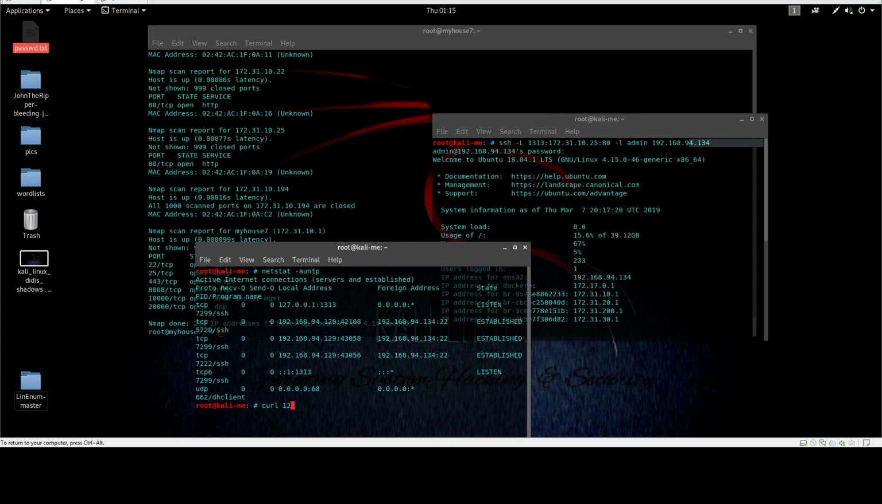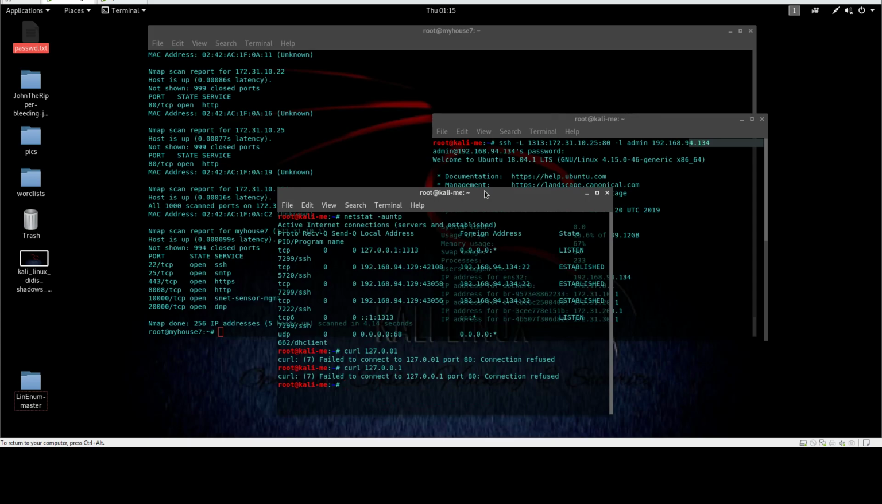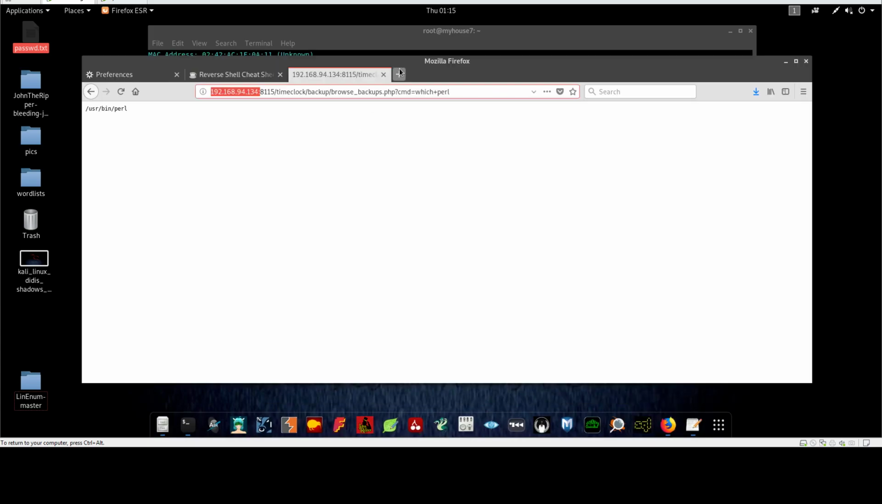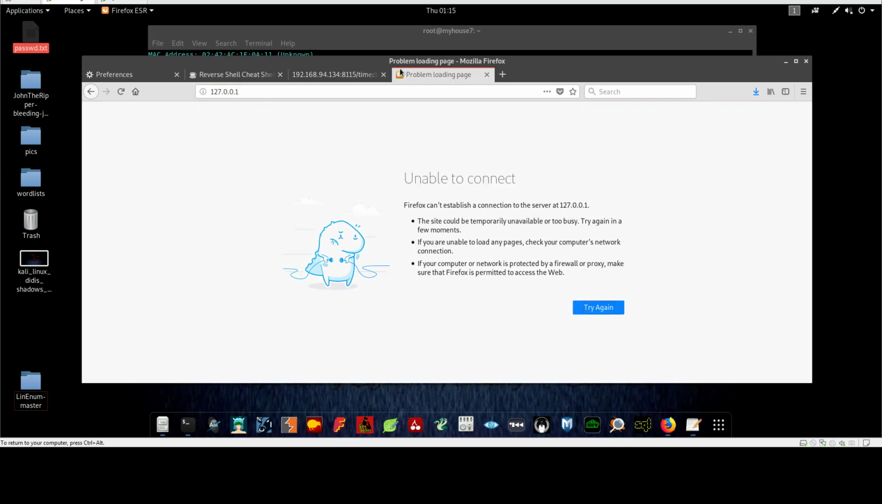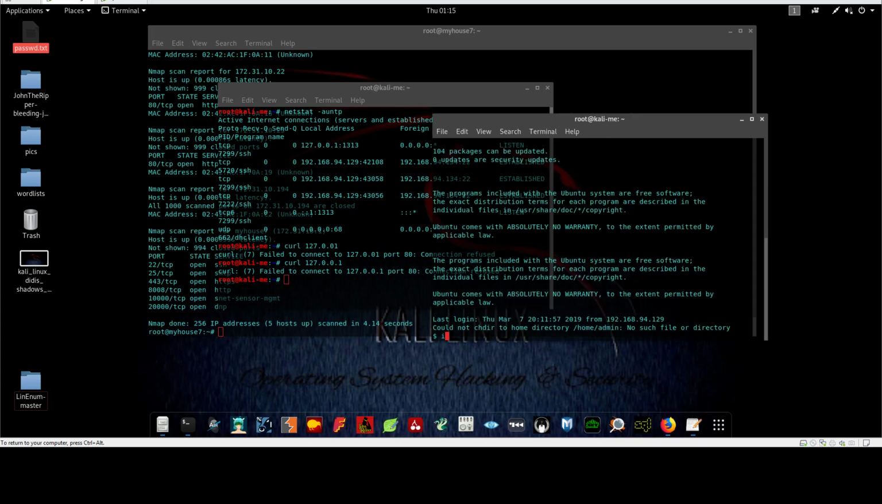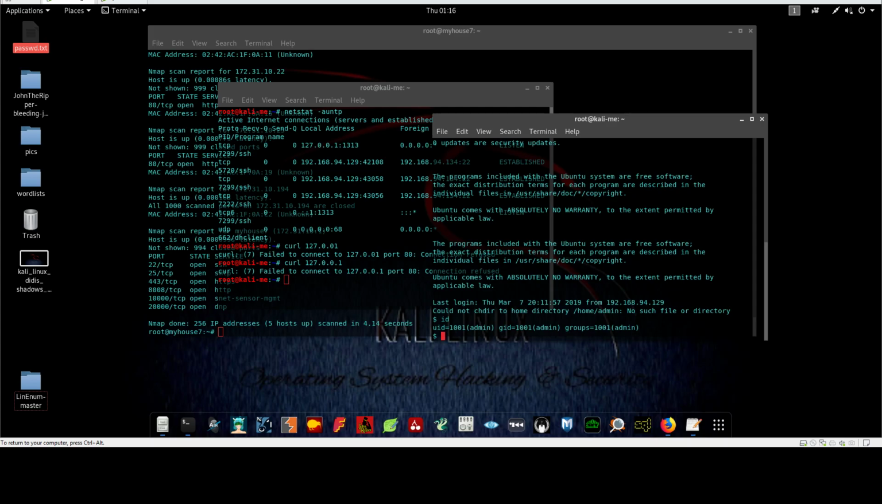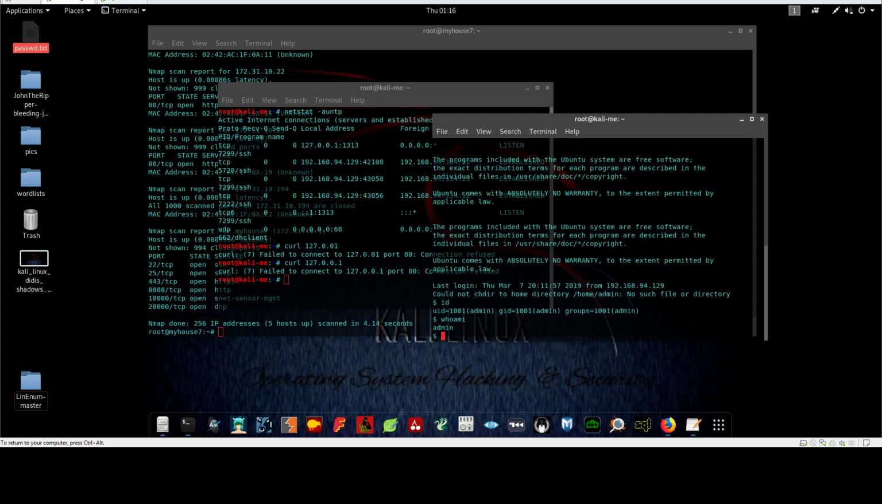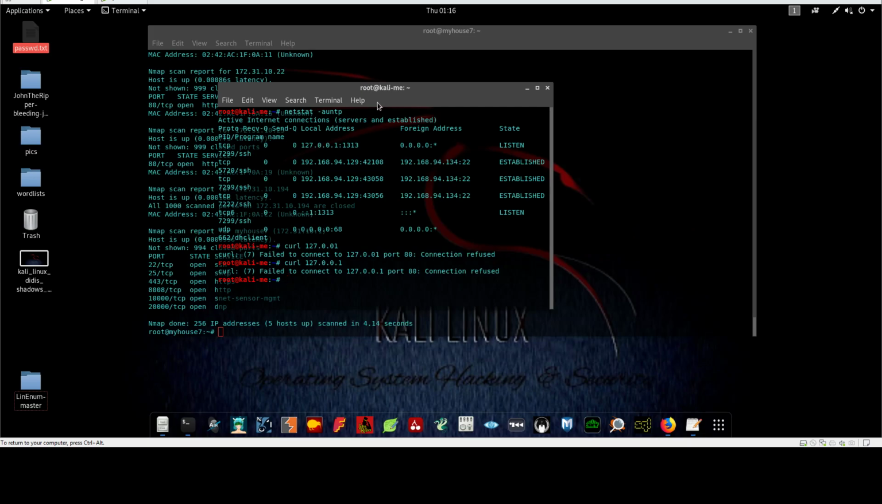So curl, connection refused. Interesting. Okay, so let me try to access this from my browser. Okay, let me go back to the SSH tunnel over here. Okay, so it means that the web server is down or something,